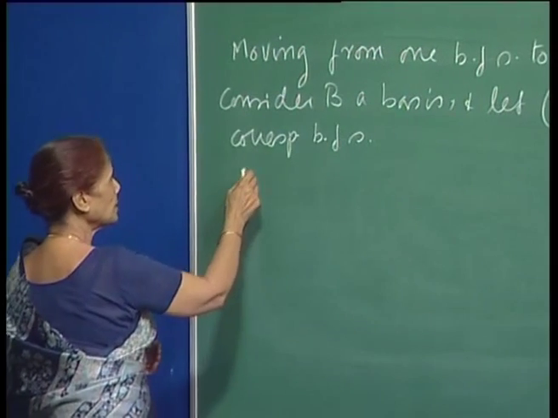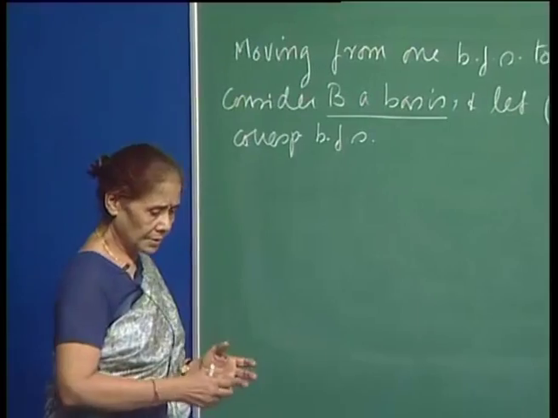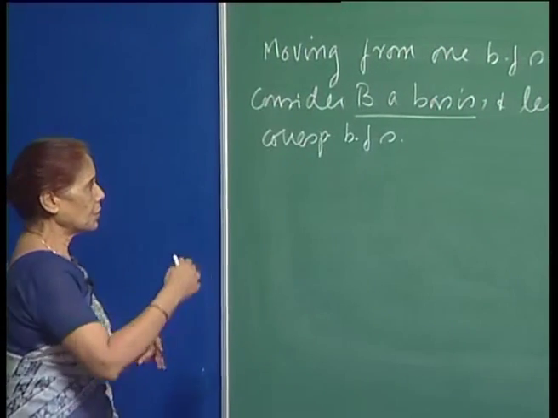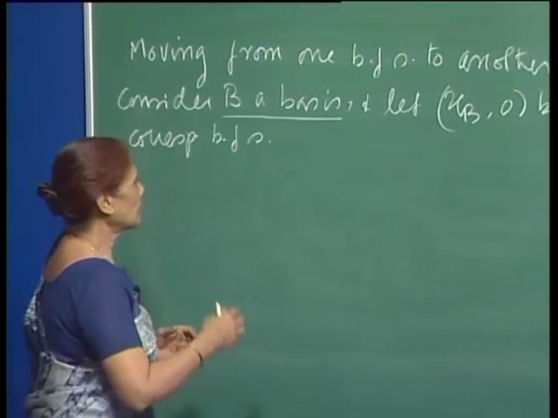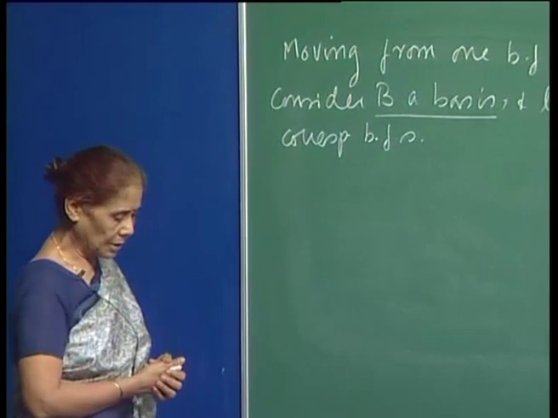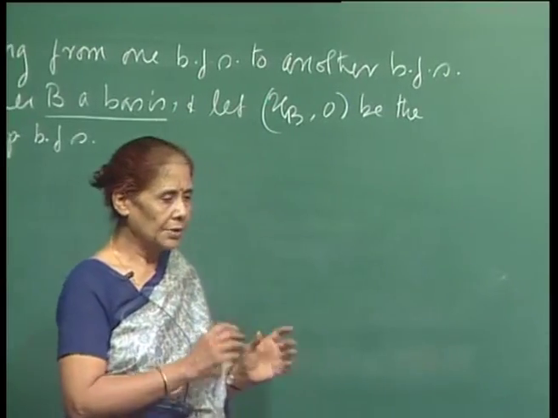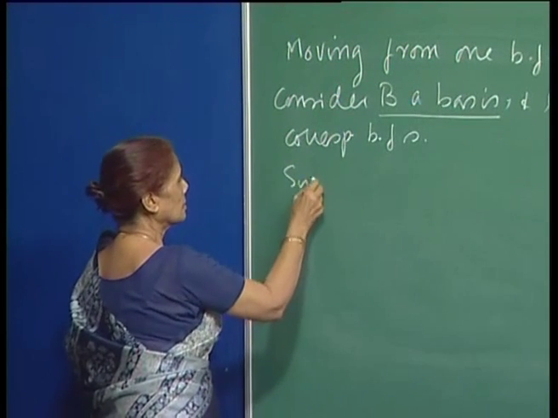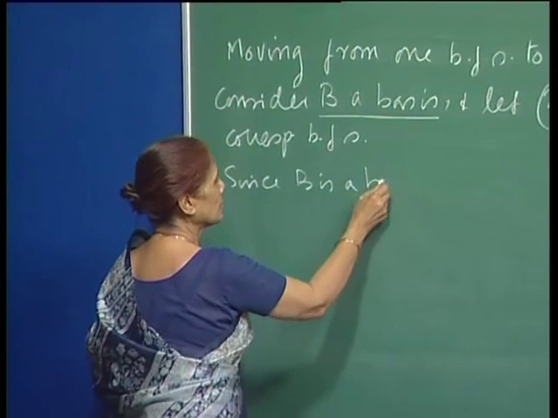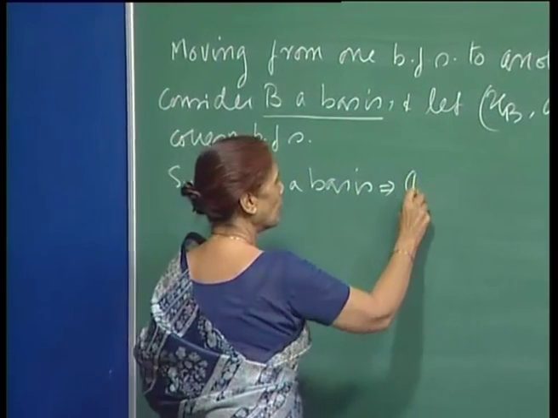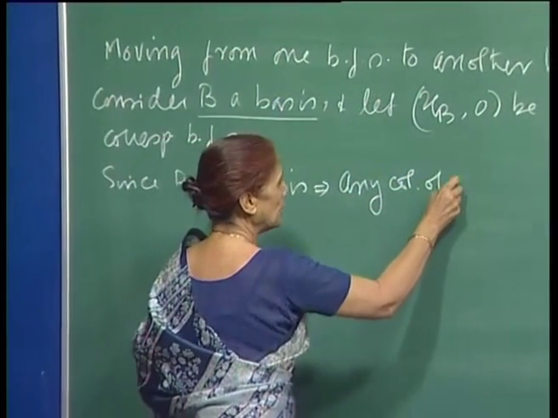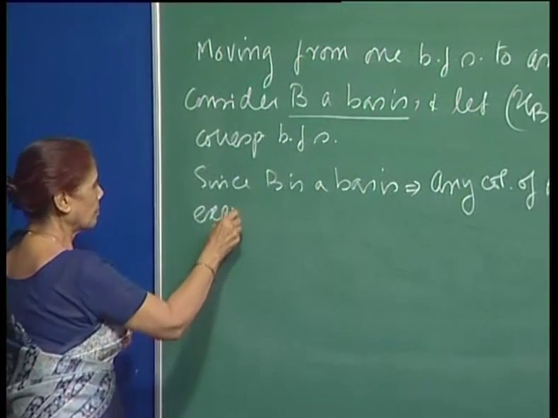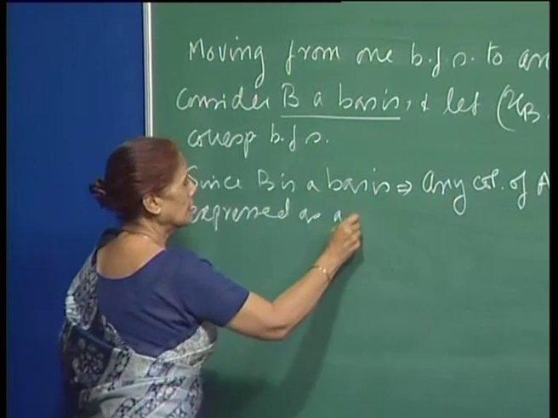Now, when we say that B is a basis, the required mathematical background I will try to sum up in one lecture, which will come in the beginning of this course, so that you have the definitions and whatever mathematical background I am assuming in my lectures. So B is a basis, which means that any column of A can be expressed as a linear combination